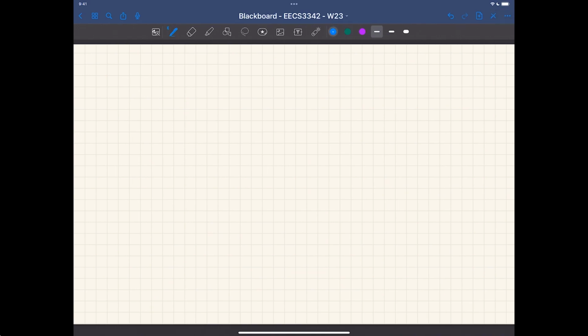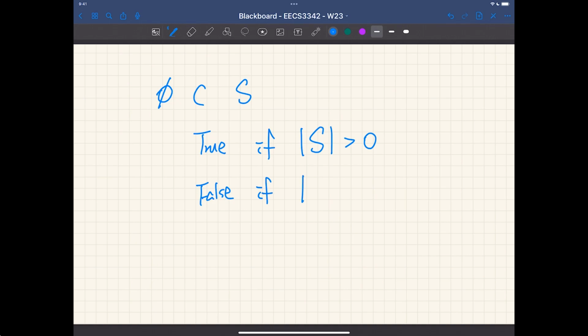So think about the empty set being a proper subset of S. It could be true if S is not empty, its cardinality is larger than 0, because the empty set is guaranteed to be of cardinality 0, which is strictly less than that. It will be false if S is an empty set, because then the statement is actually false. That's why the result depends.